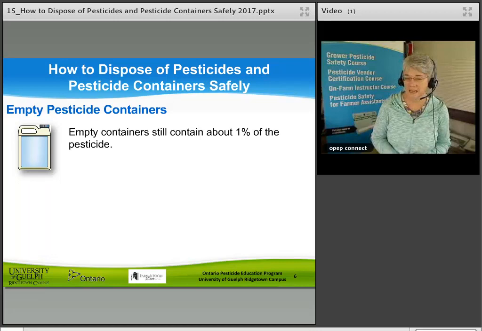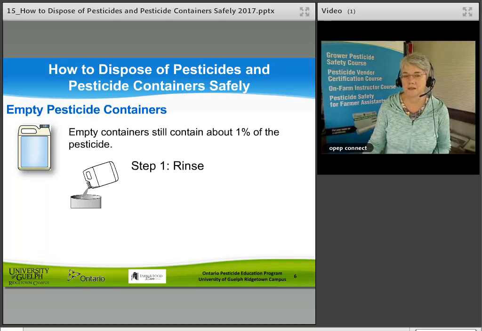All right, so barring all that, we will probably have some empty pesticide containers, and the empty containers still contain about 1% of the pesticide in the bottom, and so we do need to rinse that. So we've advocated for triple rinsing for quite a few years, and there's some steps to do for triple rinsing. The first step is to rinse, which is